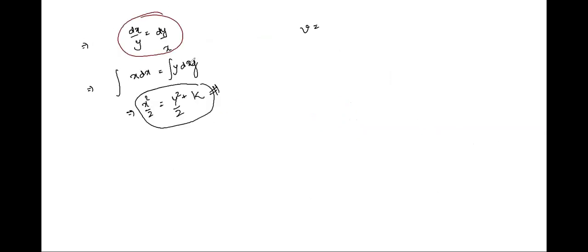Try recalling, I had written that group similar variables together. So we grouped similar variables together, integrated on both sides to get x square by 2 is equal to y square by 2 plus k. So you can write x square is equal to y square plus some constant, right? Or you may also write this as y square is equal to x square plus some other constant, let's say k. So there are different ways you can write down the final equation. Atul, is the point clear?